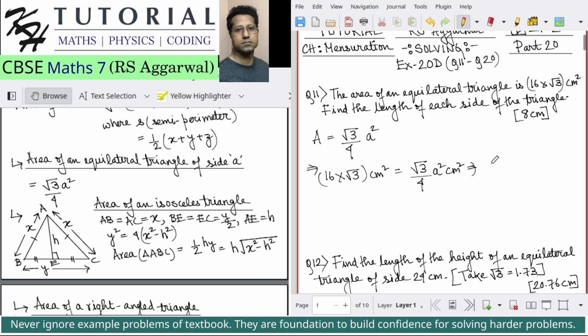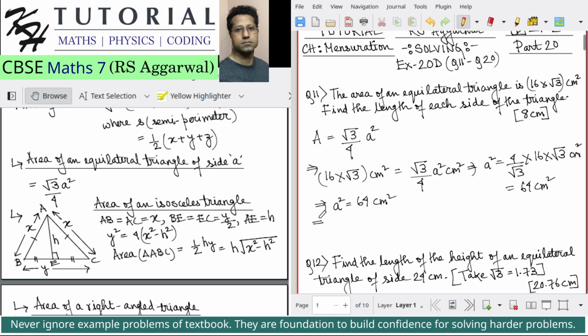So after simplification, this will be 64 centimeter square. So we have a square is equal to 64 centimeter square. So this implies a will be equal to square root of 64 centimeter, which is equal to 8